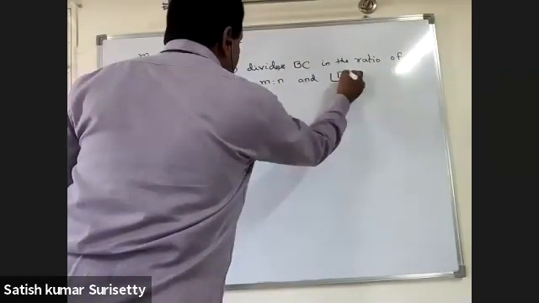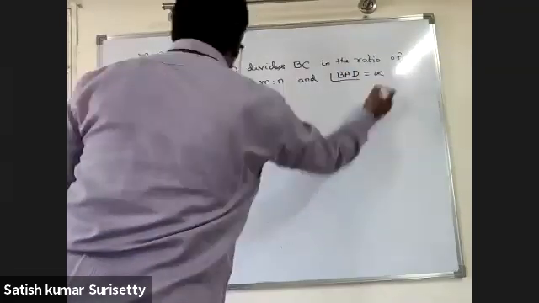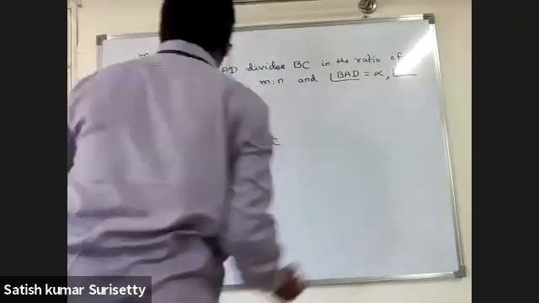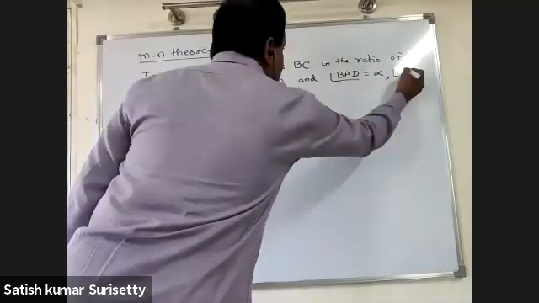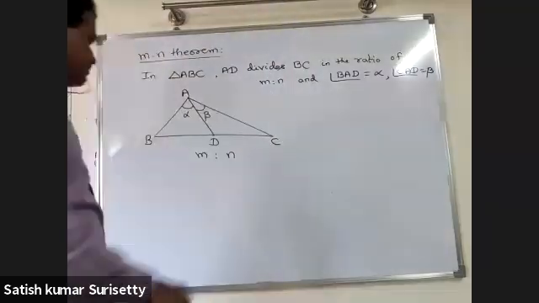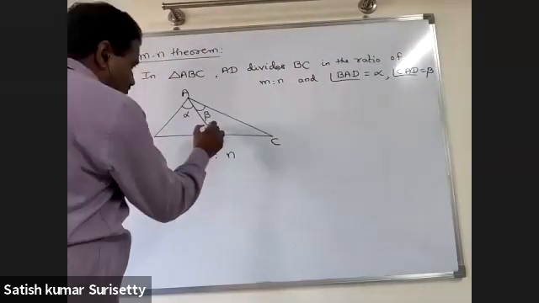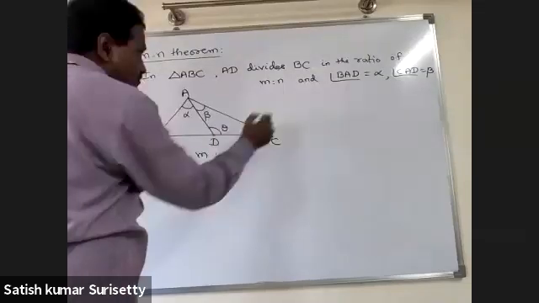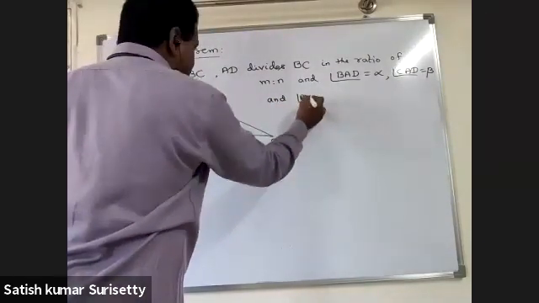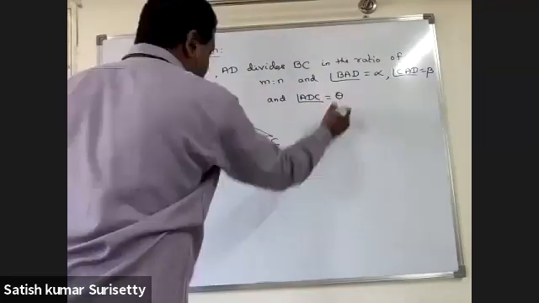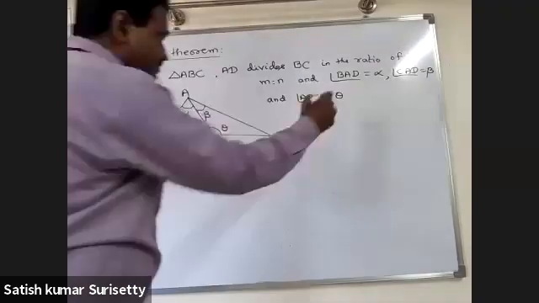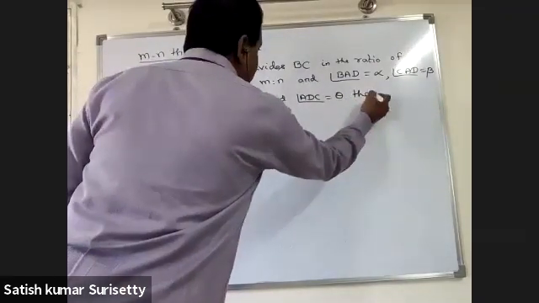Angle BAD equal to alpha, angle CAD equal to beta, and angle ADC equal to theta. Then number 1,